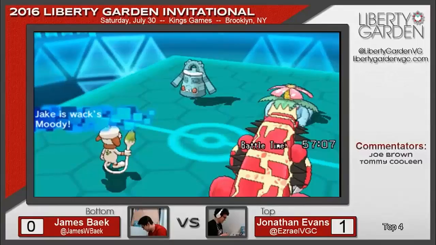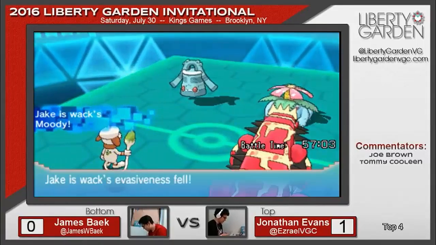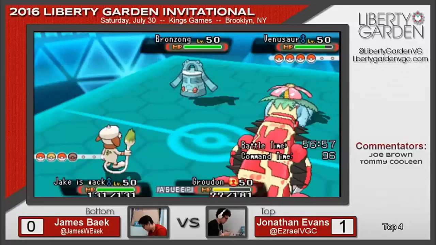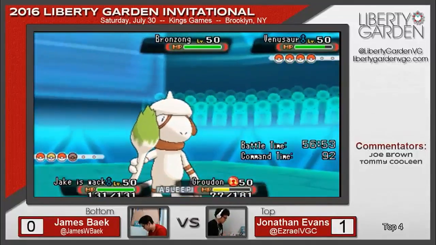But now Bronzong probably has Lum Berry, and can just go for Trick Room. I get a Moody boost, Special Defense, Evasion falls, doesn't really matter. It doesn't help me in this situation. But yeah, so here I could go for Dark Void. I'm expecting Venusaur to protect, to be honest, and just